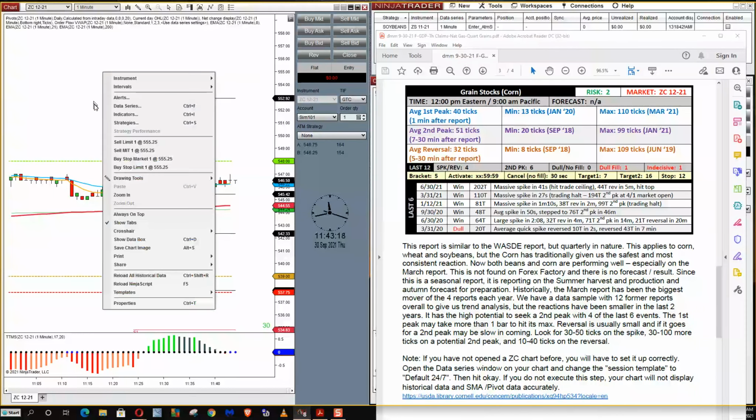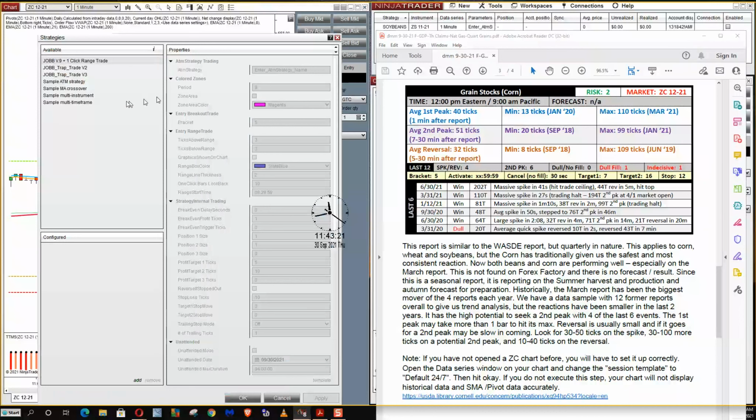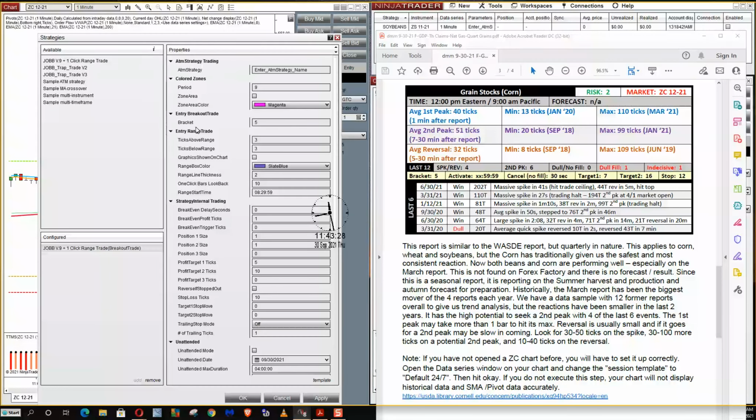So corn, I'm going to use a slightly bigger bracket. Mark, I would use something in the 20s, low 20s probably. Mark is what I like. That's what I'm going to do, somewhere in the low 20s. I mean, it really depends on how good you are at management. You got to be careful because these reports can reverse very, very quickly. So for that reason, you probably don't want to make your third target too big.